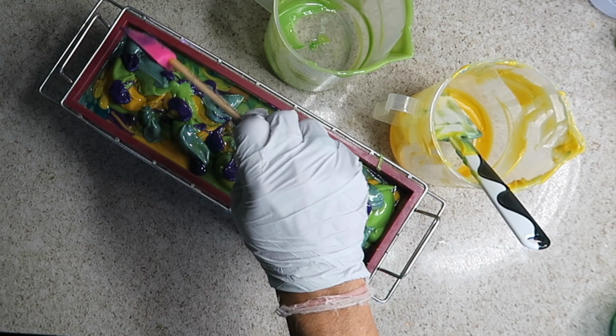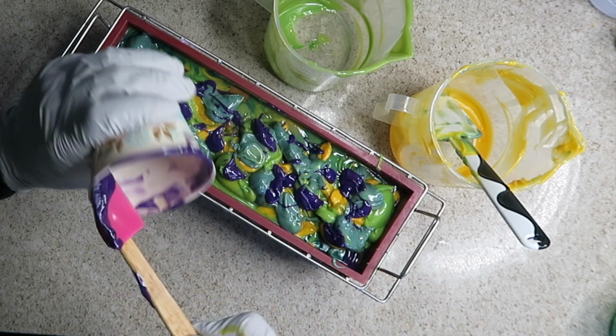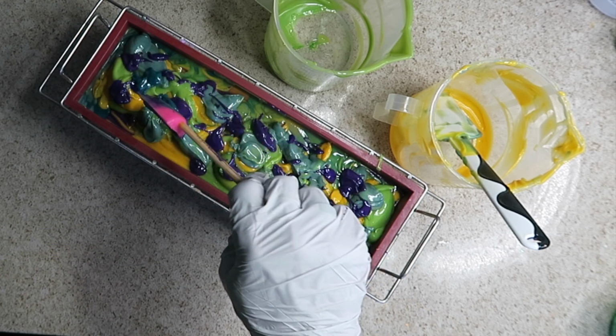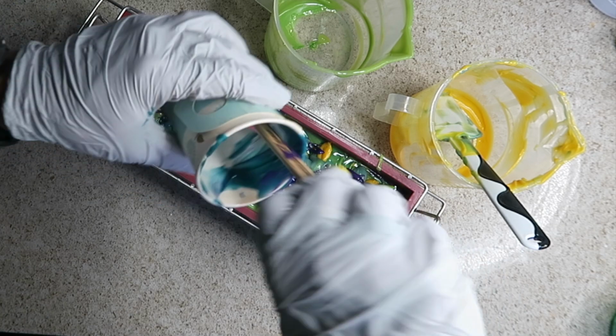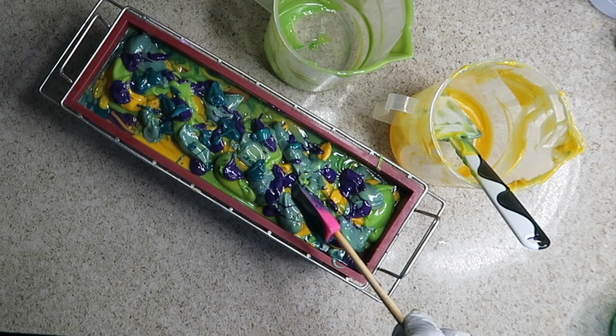Just trying to make sure that every bar top will get a nice top with all the colors on it. And finally this teal. Well, there's layers of different intensities of these colors, which I really like in the color design. And what I mean by that is